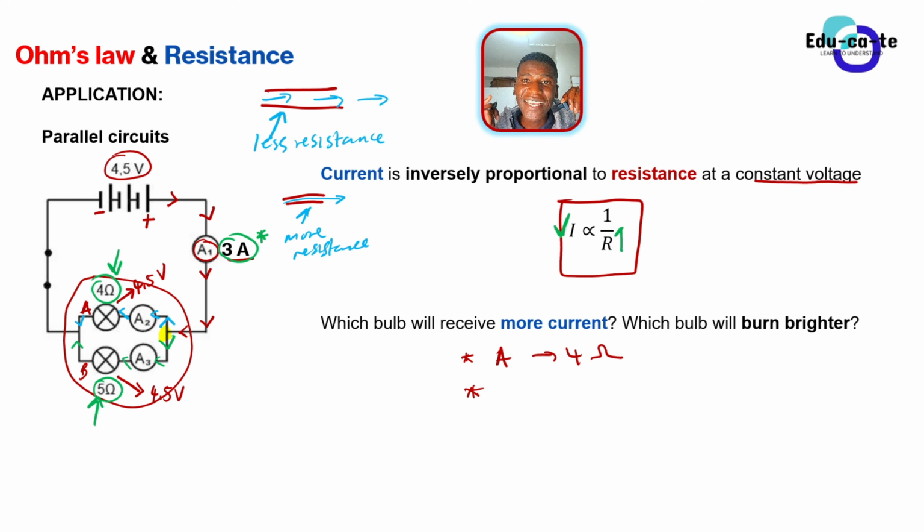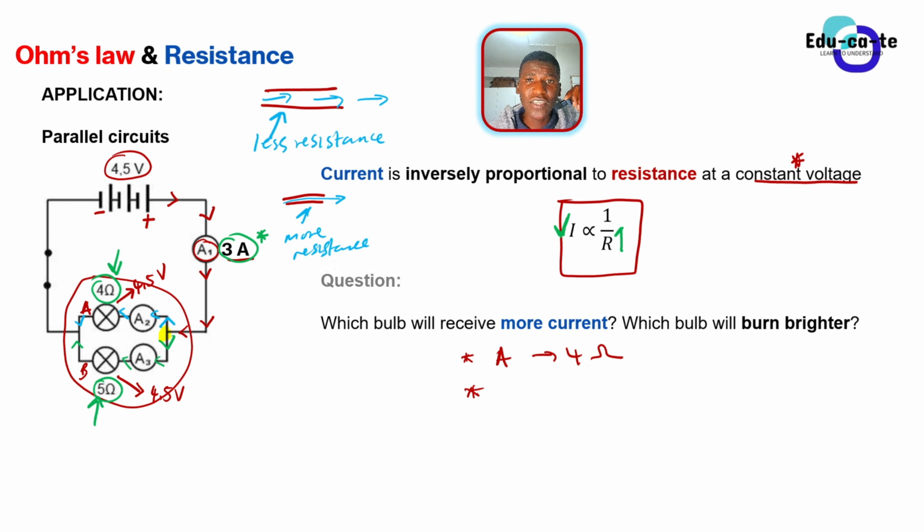So the resistance of A is smaller than the resistance of B. That's 1 mark. The next mark, you say that more current will now pass through 4 ohms. Why is that? It's because of this inversely proportional relationship. The lesser the resistance at 4 ohms, it means there will be greater current because they are inversely proportional. 3 marks. That's how you explain the relationship between those. So you apply this on parallel circuits only, because we know that in parallel circuits we have a constant voltage. All right. Don't confuse these laws, those two.